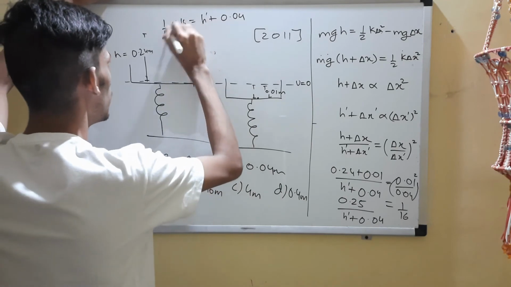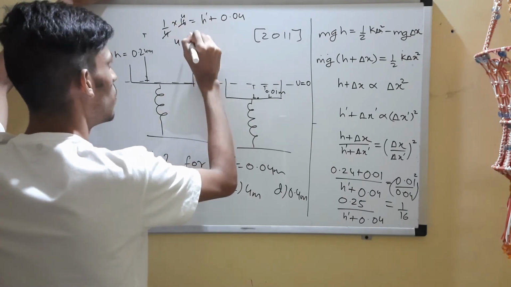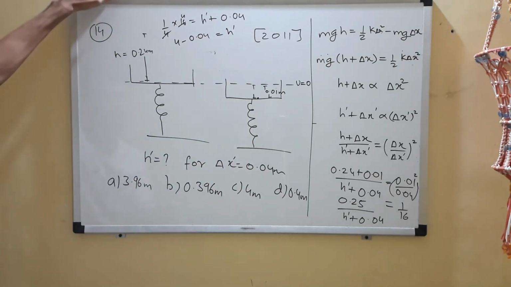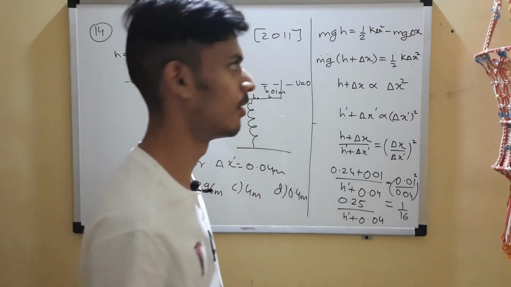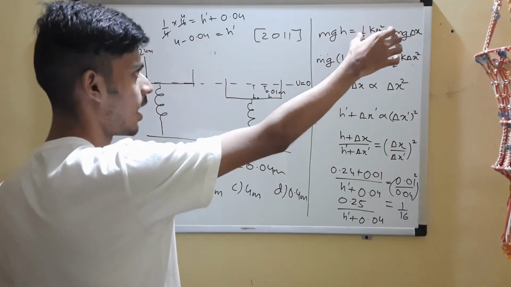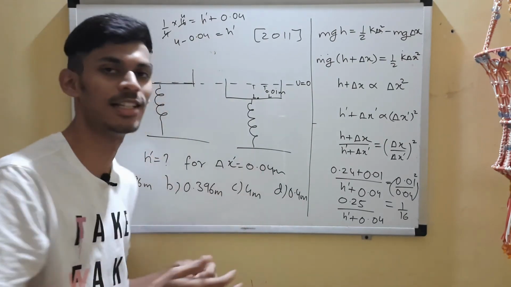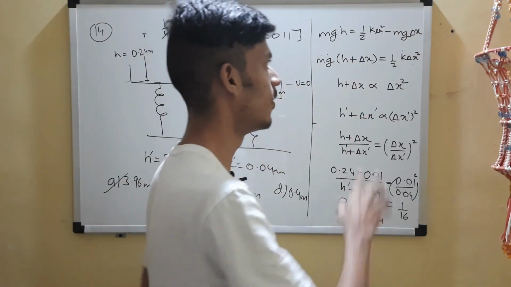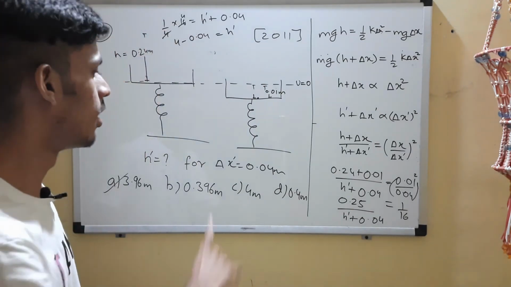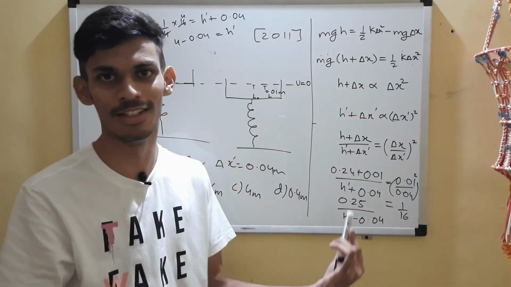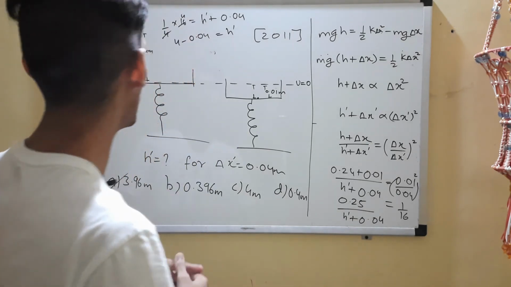So this will give you 4 minus 0.04, that will be h dash, and that will be nothing but 3.96 meters. Okay, so that's how you do it. One was the long way: you find the k value from here, then again apply conservation of energy in the second scenario, and then substitute the same value of k. The only unknown in that equation will be h dash. Otherwise you do it this way. Very nice way, right? Over to the next question.